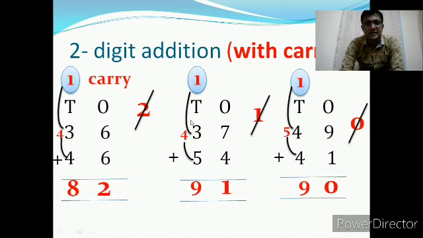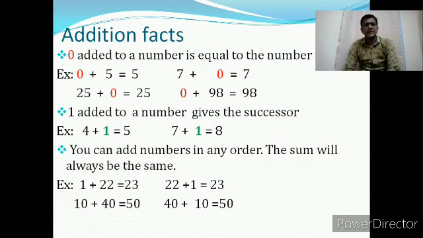Okay. So let us first sum up. Whenever you get a carry, what you will do? When you are adding the ones place digit, you will get a 2-digit number. You will strike off that and write the ones place digit in the ones place, and the remaining tens place value above the tens place position, and you have to include that in the addition process. This is what we have seen throughout the examples.